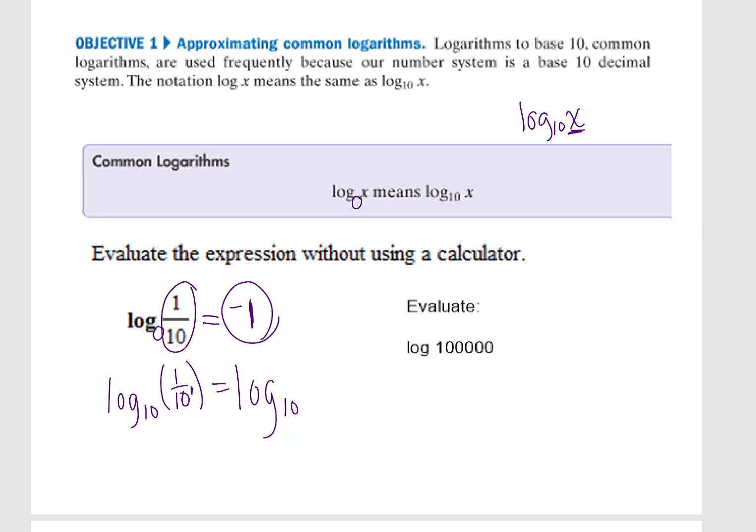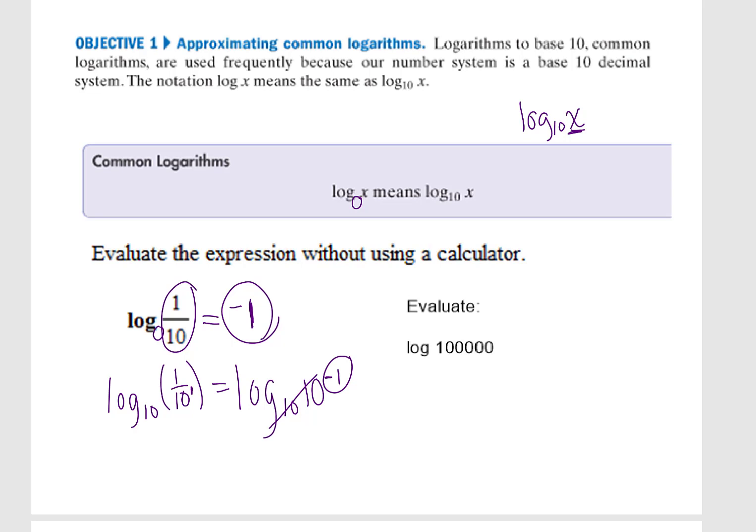I need to get that base of 10. I'm trying to get the same base as the base right here. So I'm going to take that 10 into the numerator, making my exponent negative. And sure enough, I can get rid of this now, and my answer is just -1. Now, that's just applying that rule, but you saw how I just put it in my calculator, and boom, -1 came